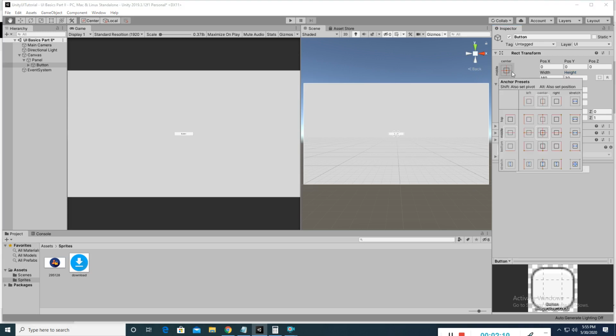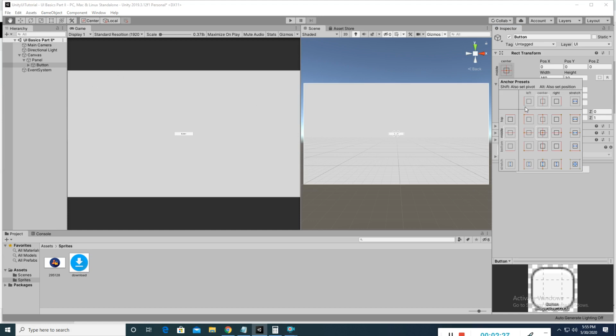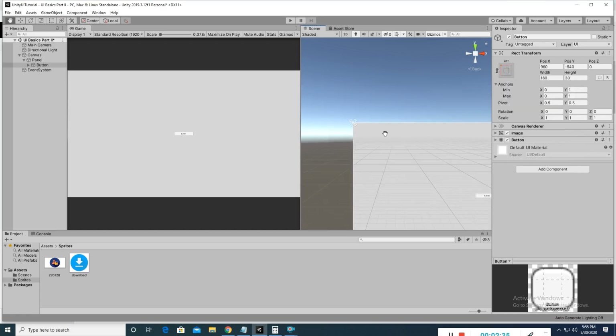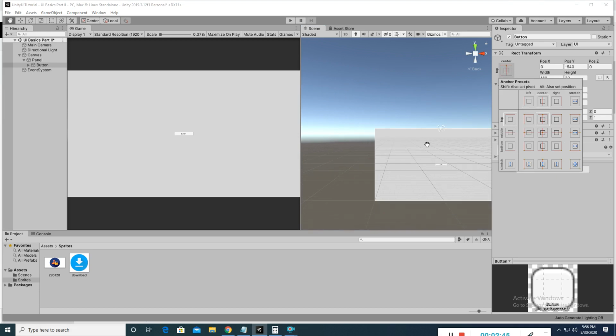If I want to set the anchor point of this element to any corner, I can set it from here. Unity gives me the facility to set the anchor point of this game object anywhere on the screen. So this is the top left corner I want to set. I can select it. So this anchor point is selected as top left corner, this is a top and the left. If I want to select top center as the anchor point, I can set it.